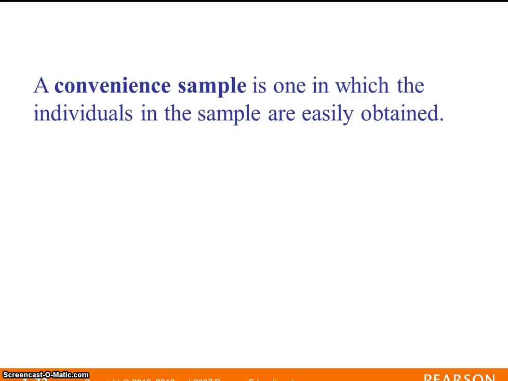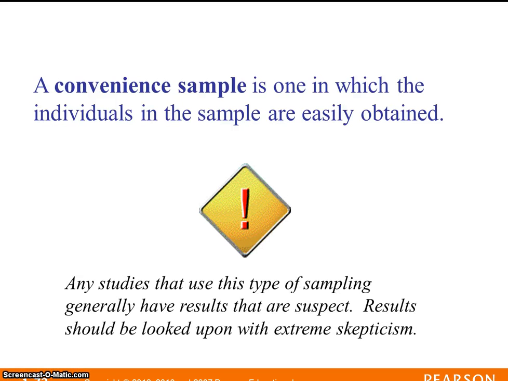A convenient sample is one in which individuals in the sample are easily obtained. This might be done over the phone or something like that. One disadvantage of a convenient sample is that it may not be completely unbiased. So for example, if you call people on a phone and ask them a question on a survey, unless your frame is only people with phones, you may have individuals that don't own phones or something like that. An example of an error where this has occurred in the past is in